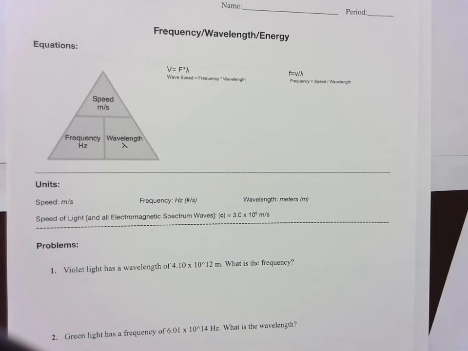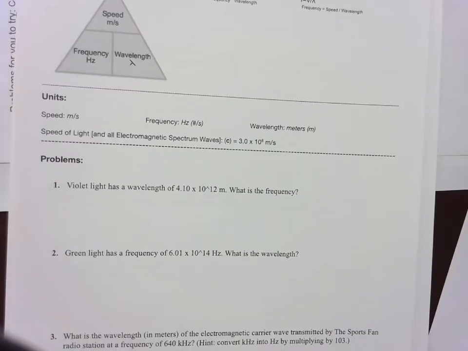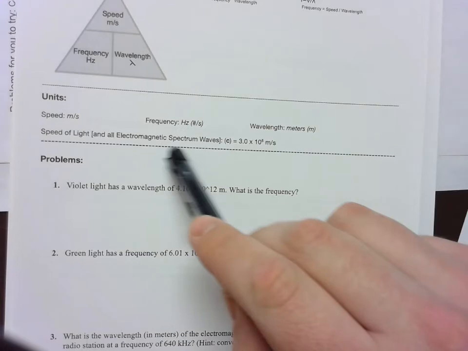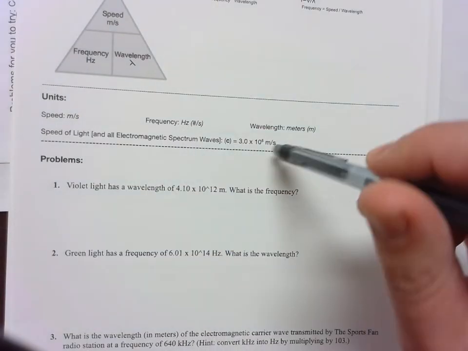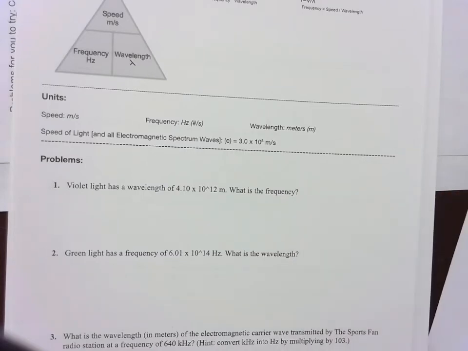A bit of trouble with the frequency, wavelength, and energy of light. So I'm going to do a couple problems together so that we can do this a little bit better. As you can see, you're still using the same triangle that you did for sound, except now you're doing it with much larger numbers. Especially because you can see the speed of light is always a constant of this. So all electromagnetic spectrum waves all have the speed of 3.0 times 10 to the 8th power meters per